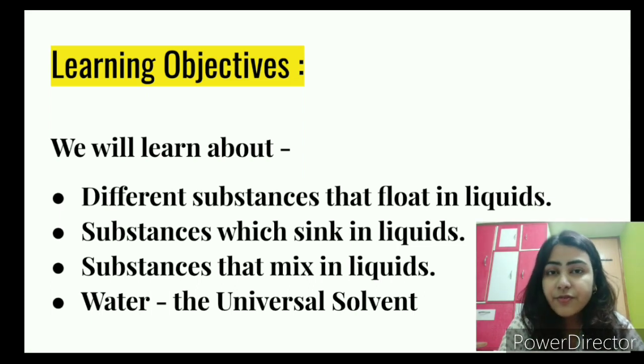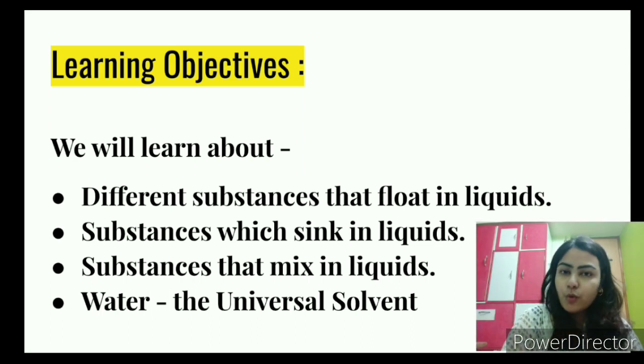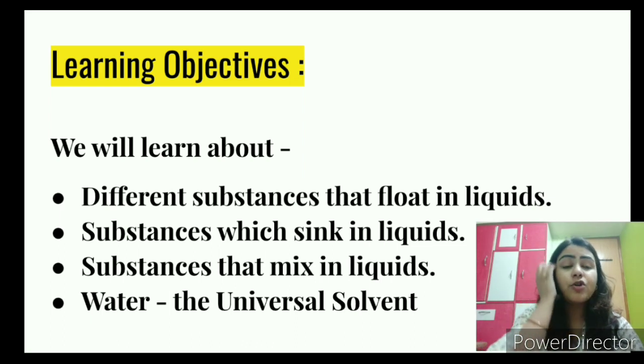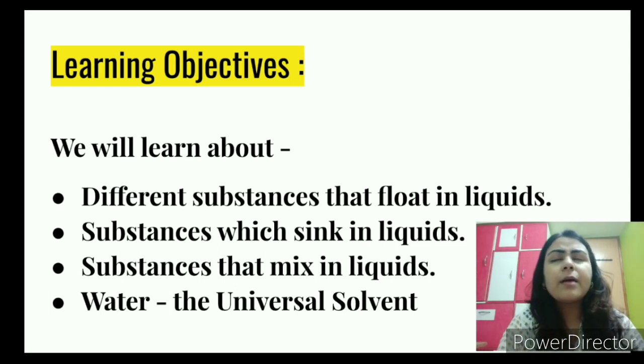Now, what are those different substances? We are going to learn about the different substances that float in water, those substances which sink in water, and also those substances which mix in water. Now, what am I exactly talking about? If you think about salt or sugar,